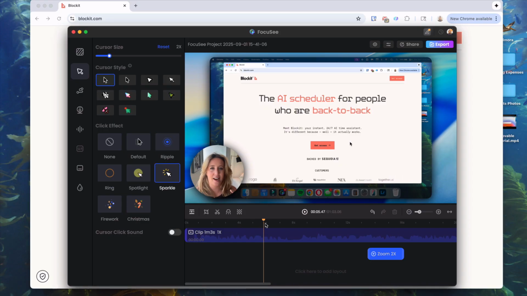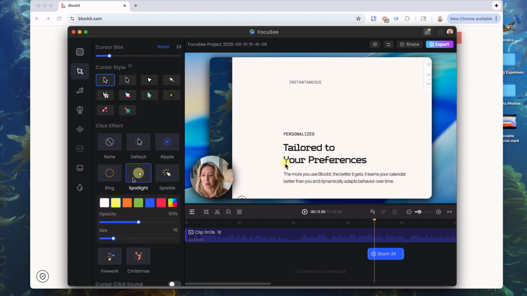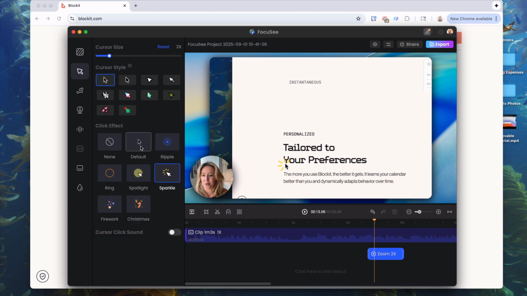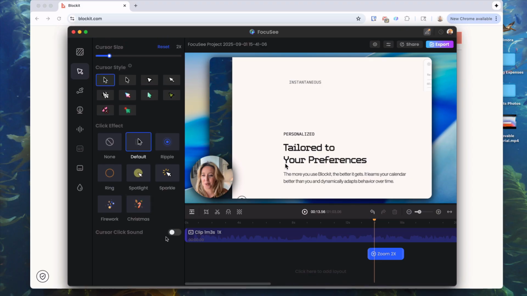You'll see what this looks like as I start clicking around. Oh, there's a click. Anytime I click, FocuSee automatically changes my clicks to whatever it is that I want. So I like the sparkle. You can also keep it on default, but they've got some really fun things to work with. And of course, you can add a click sound if that is your jam and you really want to keep people